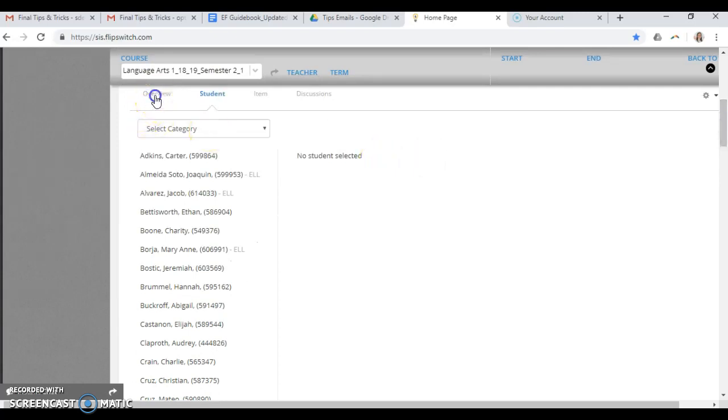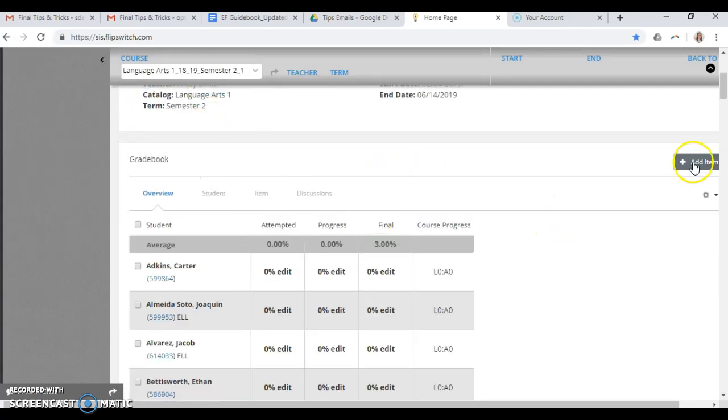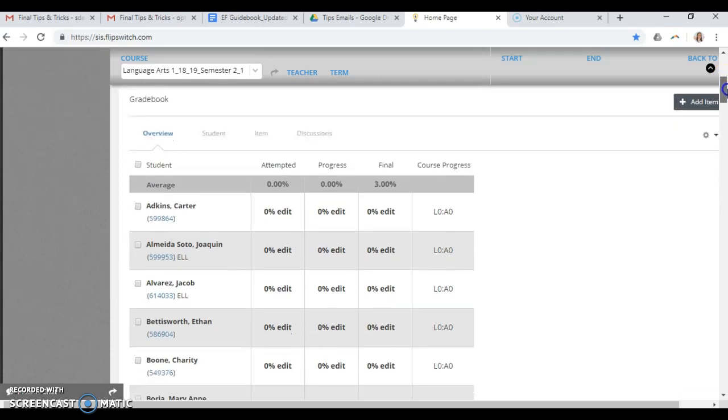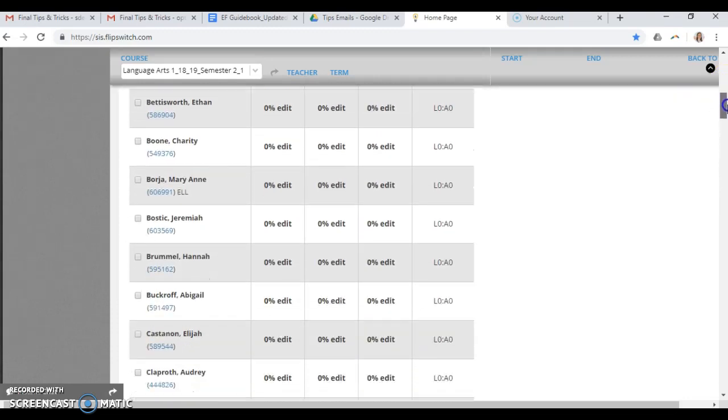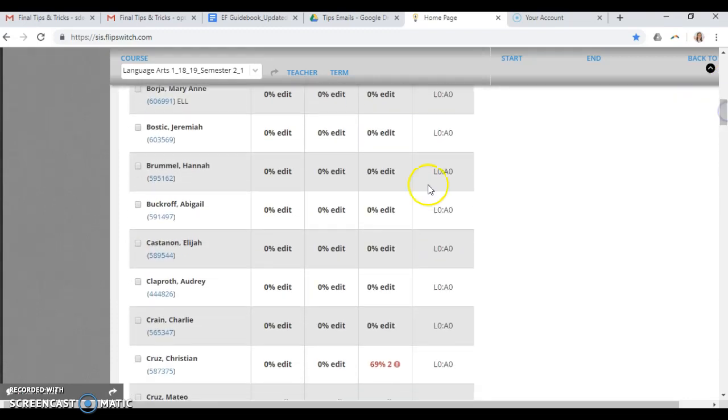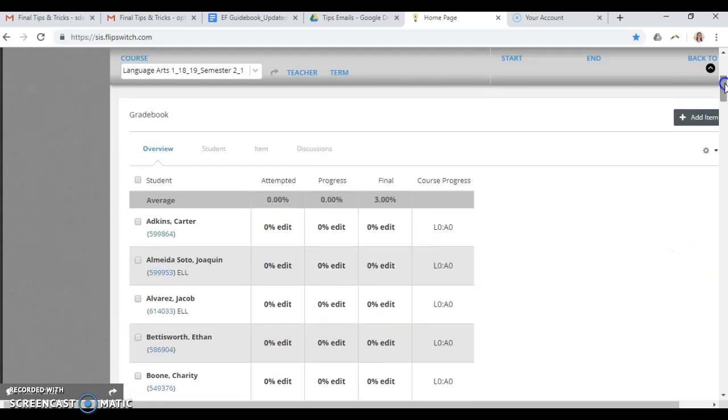But in case you haven't, you know that you go to overview in the class, and let me just find, I'm just going to pick someone. So here, Christian, I'll pick Christian. So what you're going to do is select the scholar that you want once they have a grade. You're going to come back up here to the top. You're going to choose our little gear. You're going to choose grade out,